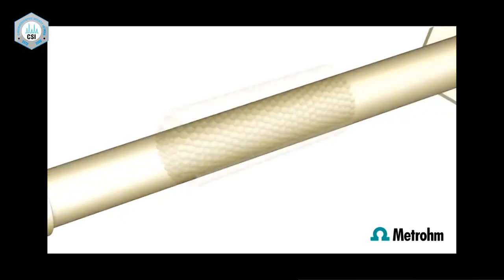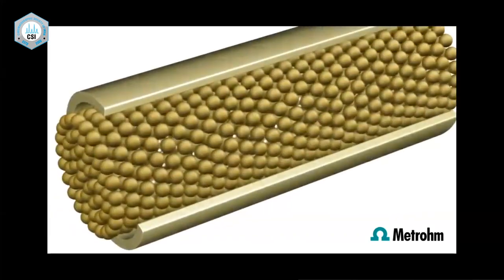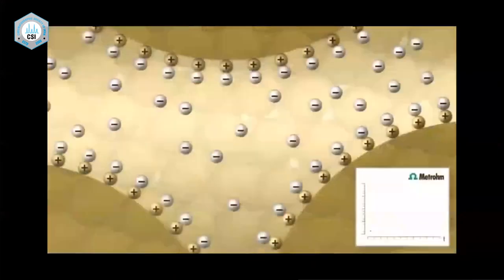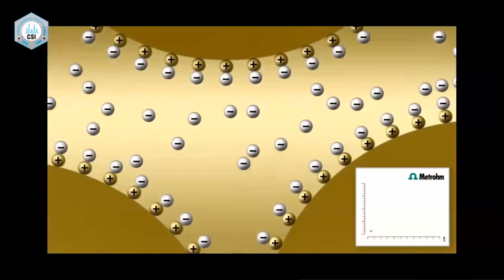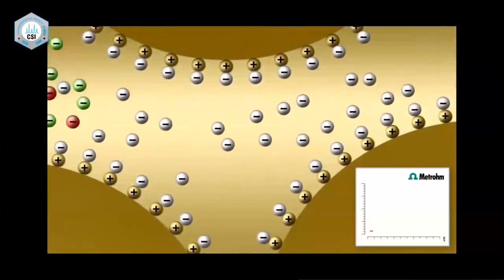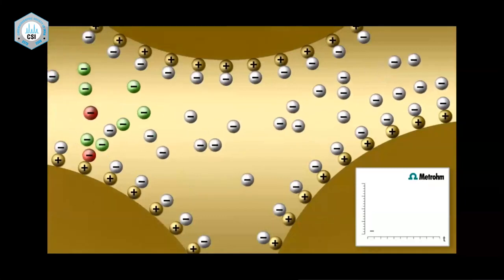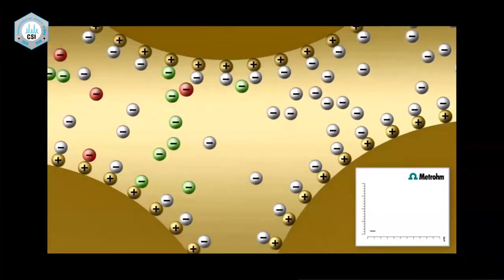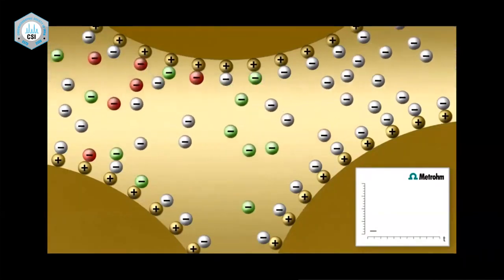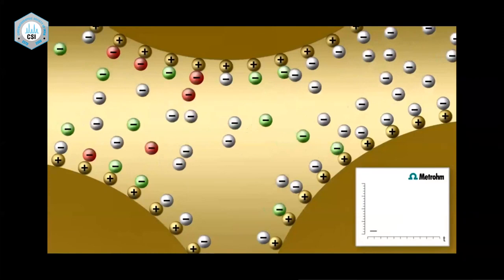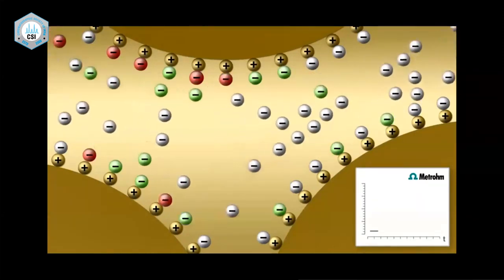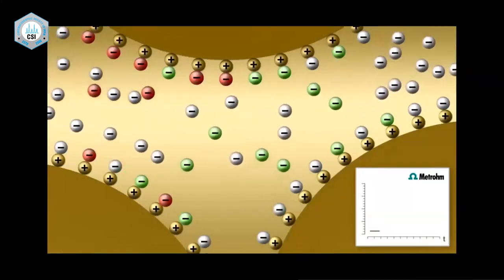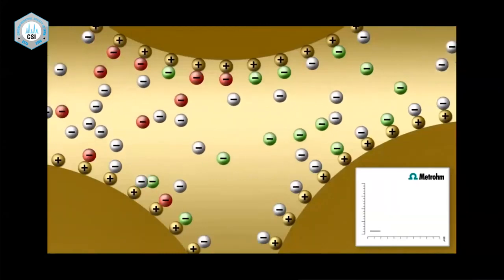This is just a small animation which I wanted to show you, of how exactly the separation happens. Whatever I've explained is shown in the form of animation. The white ones are the carbonate ions, that is CO3 2 minus. Now comes your green ones, which are chloride ions, and your red ones are nitrate ions. You can see there is an exchange there. Red ions are exchanging with the white ions for those places. And at one point, the white ions start pushing out the green ions. Now the green ions start coming out.